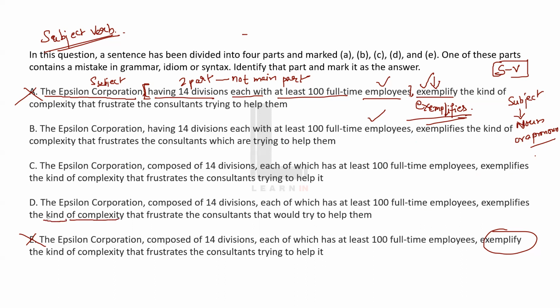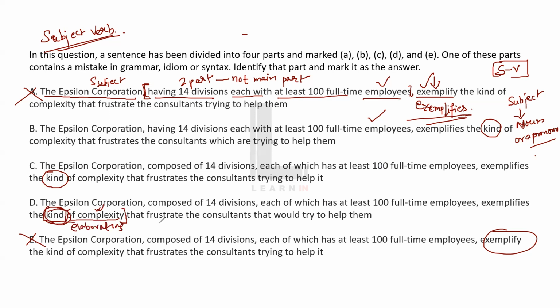What is this? The main word is kind here. Kind. Got it? Okay. Kind of complexity. Why didn't complexity come here? Because complexity is identifying with someone. It is elaborating kind. Did everyone understand? All of you made the mistake, right? Some people said that consultants. Why would consultants come?